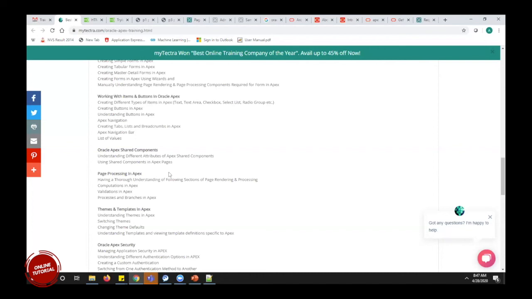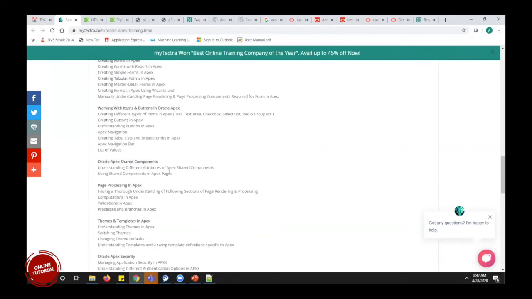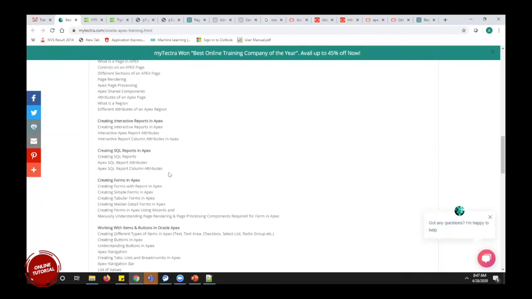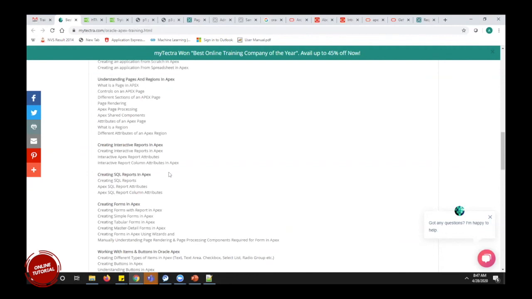Okay, let's go through the syllabus that they have put in. No problem. Once I'm done with forms and reports and the basics, I'll go with RESTful services, because if I go through it now, it will be difficult to understand how we create forms and reports and how we interact with RESTful services.